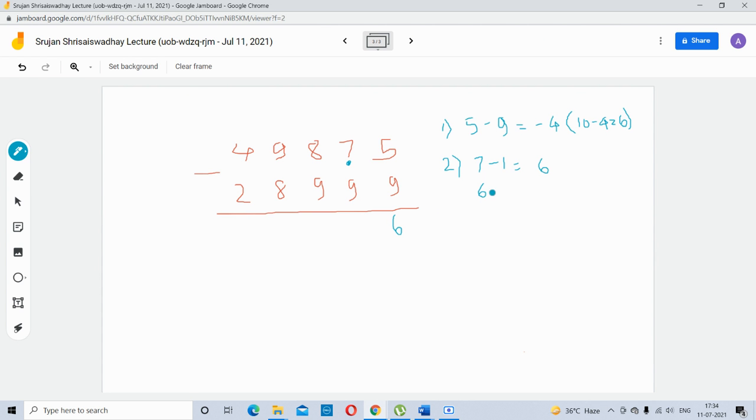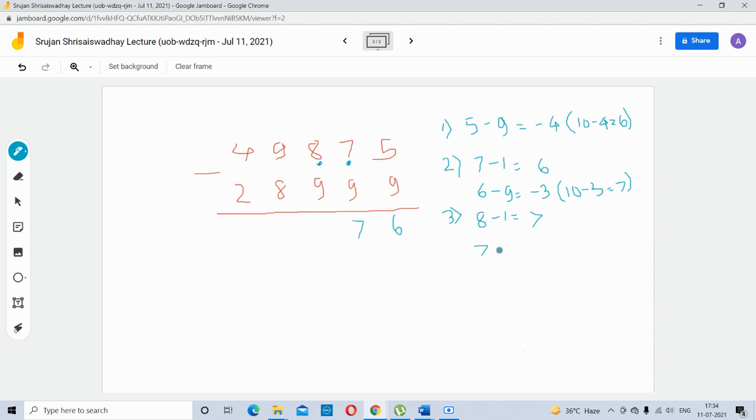Now 6 minus 9 is minus 3. So minus 3 means here 10 minus 3, I'm going to put a value 7 over here, and since minus is there, I'm going to put a dot below 8. Then third step, 8 minus 1, I have to do it by Ekanyunena Purvena formula. So 8 minus 1 is 7.